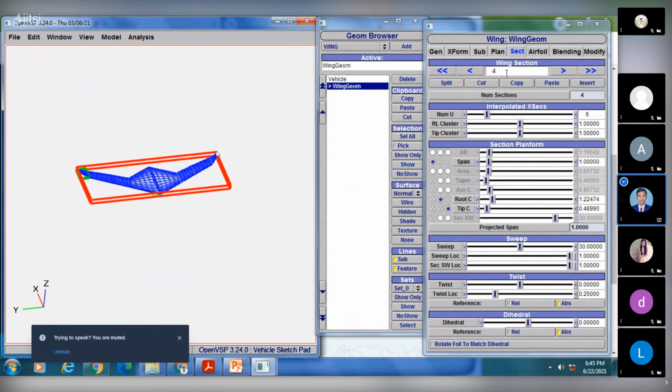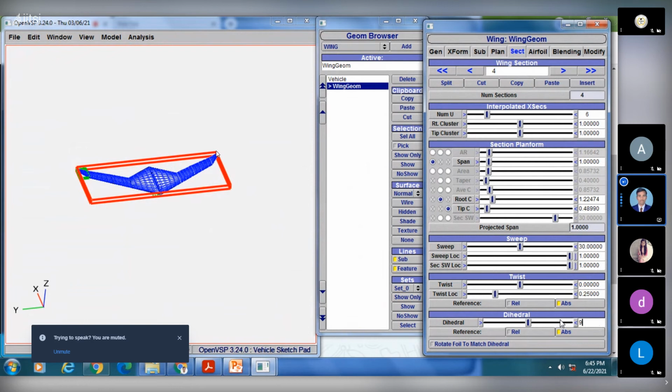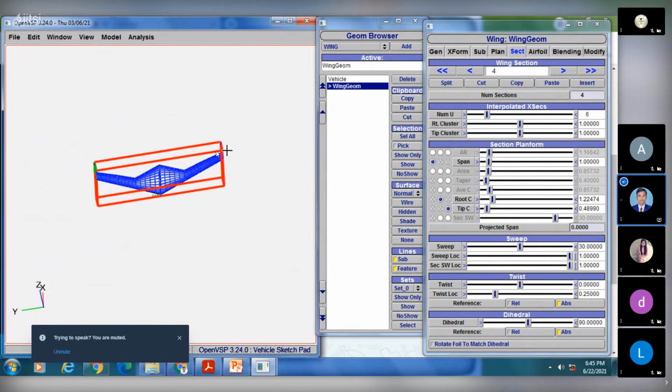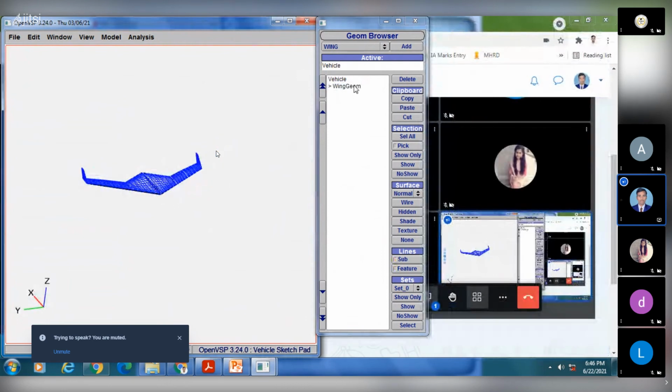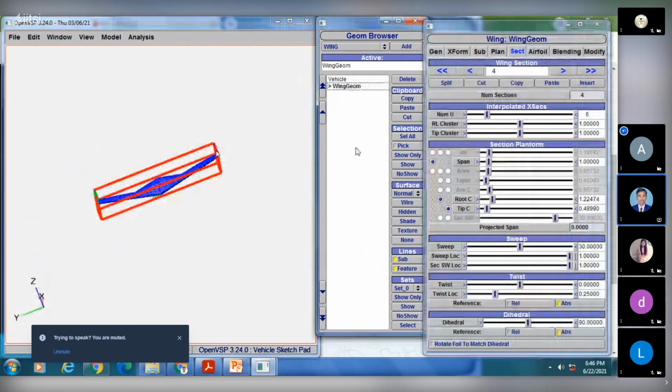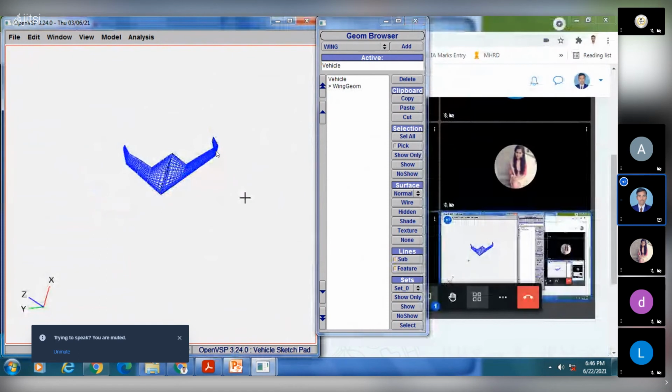So you can come to that fourth section and change the dihedral angle from 0 to 90 degrees, and enter. See, it got changed. Only that section's dihedral angle got changed because I am on that section itself. You got it, Ashwin? Yes, sir. Understood, sir.